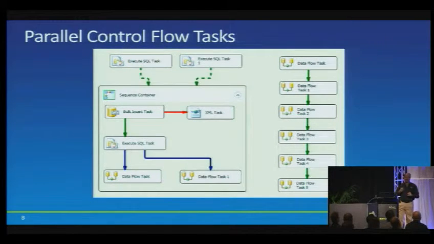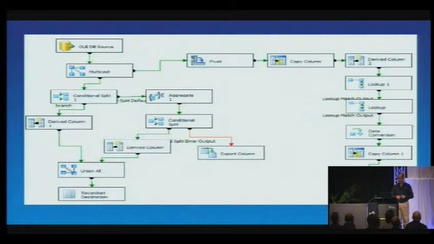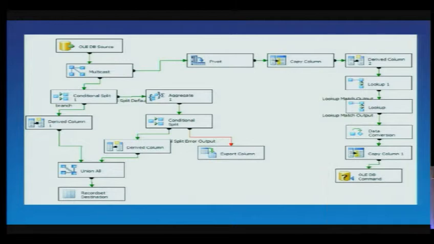So SSIS allows you to create those boundaries. Even within containers, we have a new task called sequence container that encapsulates all these processes, and it gives you a higher level of parallel control. To be more fancy, we don't have to go through all this picture. It was a cool picture I took a few days ago. The idea over here is that we have a nice new task that is called multi